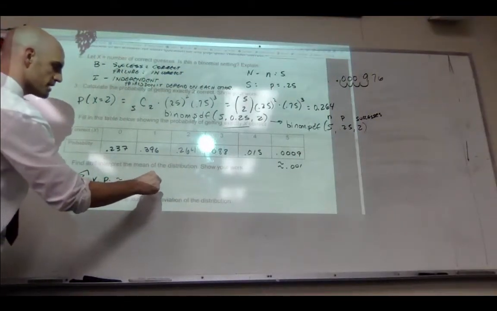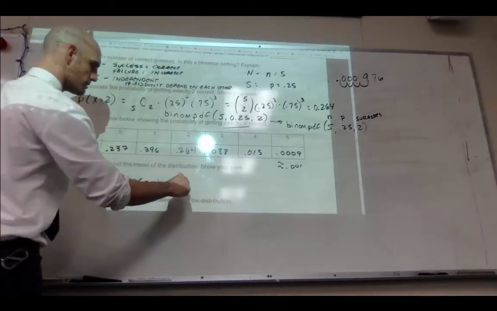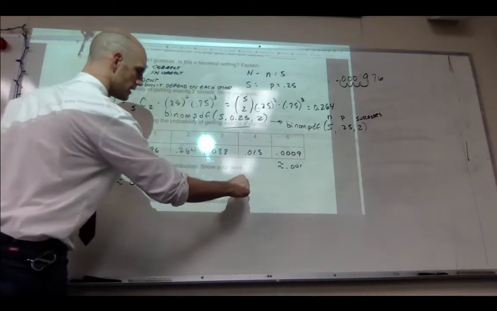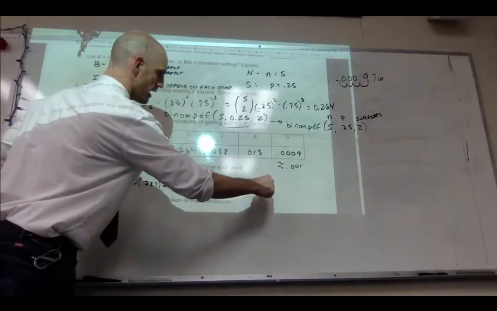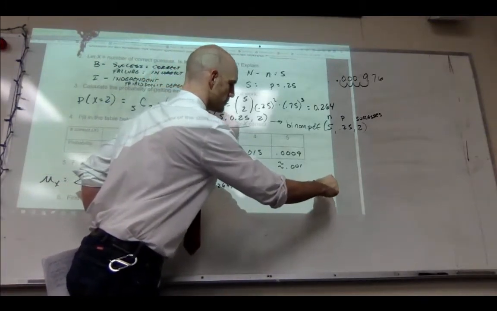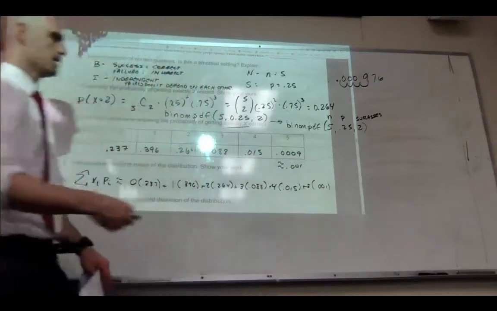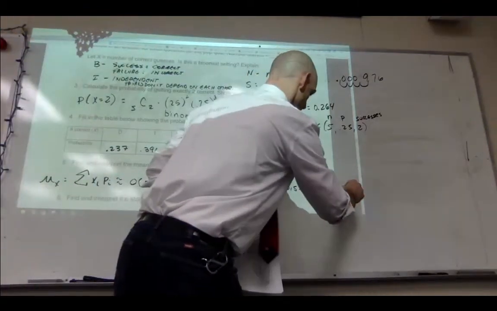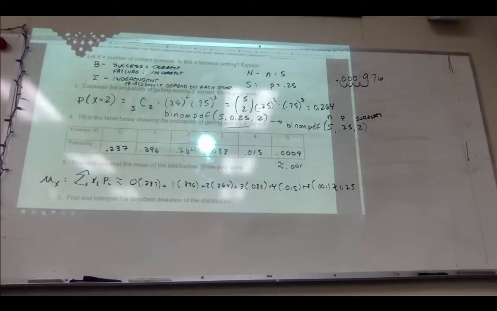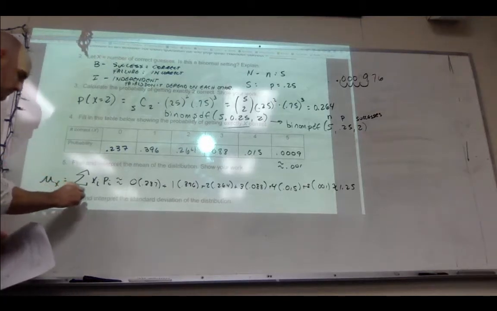0 times 0.237 plus 1 times 0.396 plus 2 times 0.264 plus 3 times 0.088 plus 4 times 0.015 plus 5 times 0.00. You could use 0.001. What you end up with is about 1.25. Conceptually, they want us to interpret this, but in your mind, just kind of boil it way down. What does this mean? The quiz was taken many times. The average amount of correct